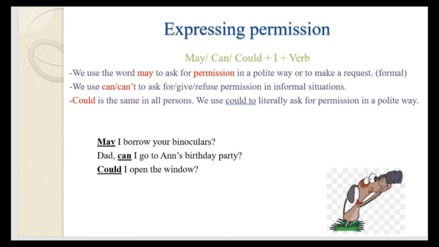We use the word may to ask for permission in a polite way or to make a request,